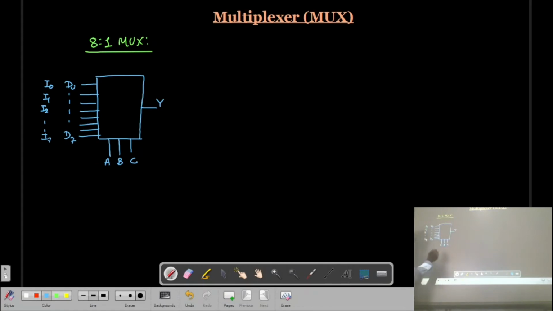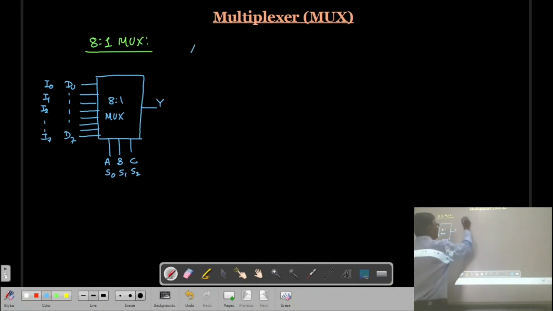And instead of the ABC selection lines, it is also designated as S0, S1, S2: S0 as selection line 0, selection line S1, S2. So in some textbooks you will find this kind of symbol also. So here, this is an 8-to-1 multiplexer, and one output is present.